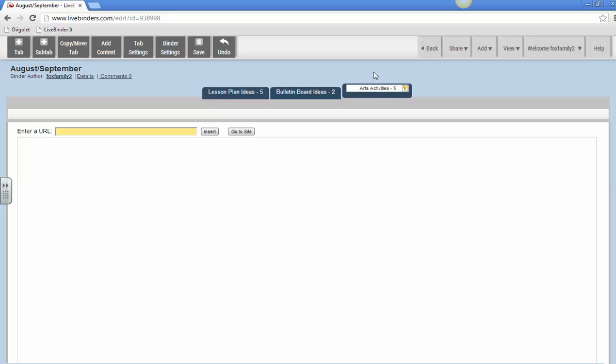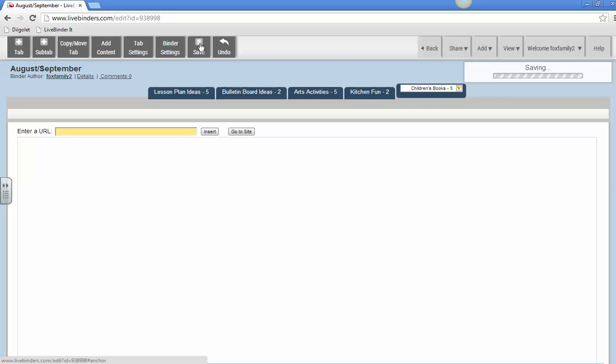Okay, now I need to add 2 more tabs, and so I'm just going to go over here to this plus sign and tab, and it just creates one for me. And I need kitchen fun, and I need 2 of those, and I'm going to add one more tab, and children's books. And I need at least 5 of those. Okay, so that is what it will look like, and then I'm going to save that, and I'm going to go back to my